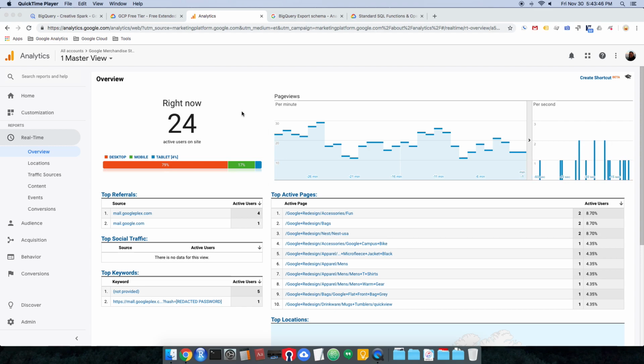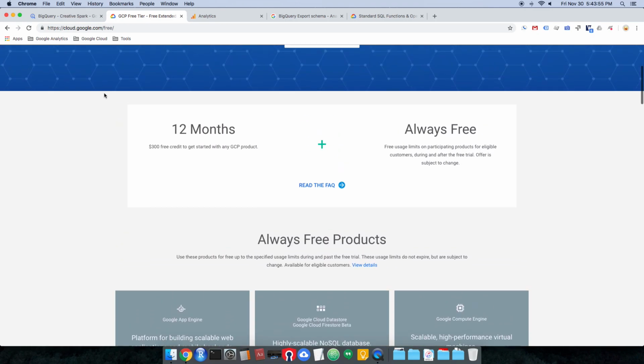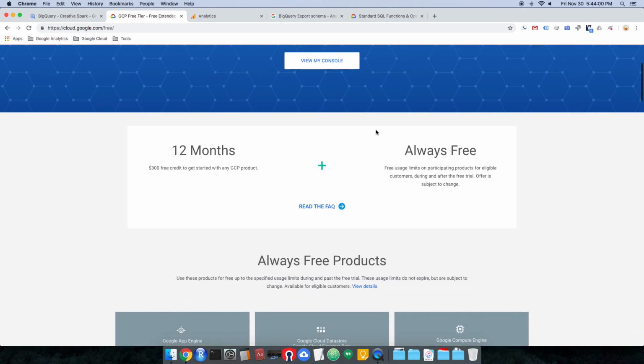So if you haven't signed up for Google BigQuery yet, you can do that by going to cloud.google.com. Google Cloud does have a free tier. You have to have a billing account to sign up, so you'll need a credit card. But it's 12 months, and you get $300 in free credit. The cool thing is, after that, you have an always free option. As long as you don't go over the limits that they provide you, all of that will be free